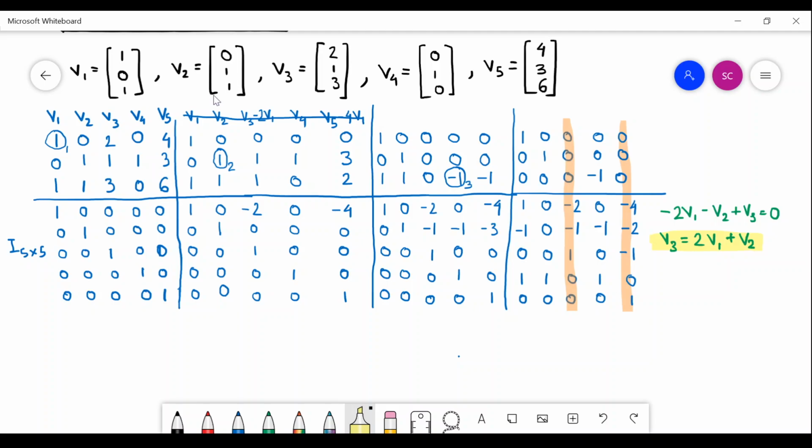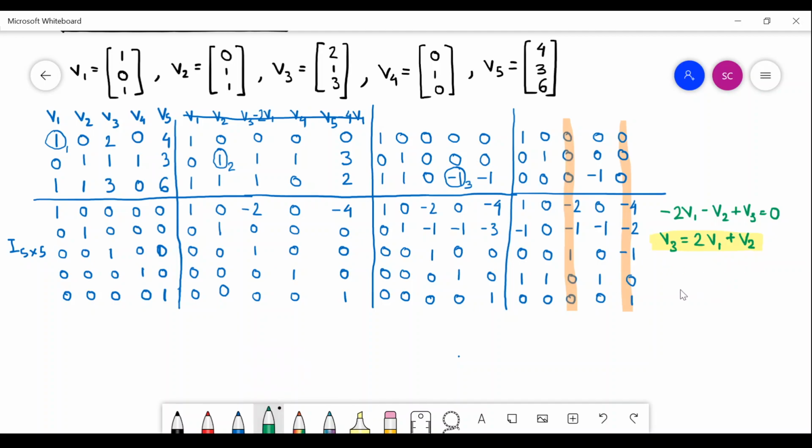Now you can check 2 v1 plus v2, it will give you v3, right? Perhaps you had already noticed, but after doing this operation you can see very clearly. If it was a complicated scalar other than 2 and 1, you can very easily notice, but it might not be so for all operations. But after finding the scalars, you can look back and do a cross check. So do a cross check always whether really 2 v1 plus v2 is v3.